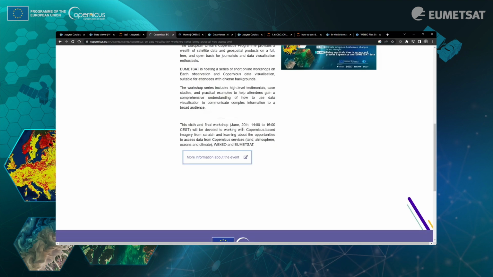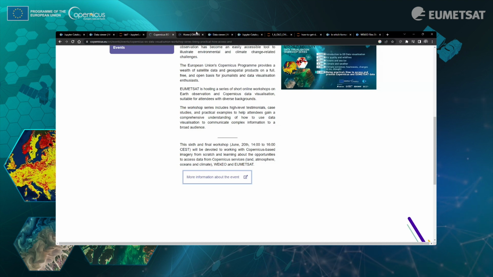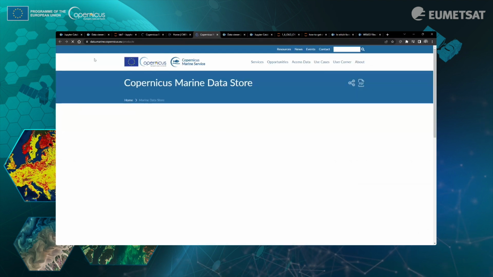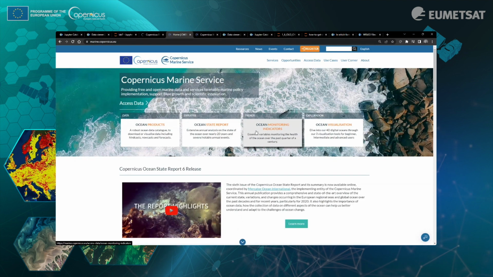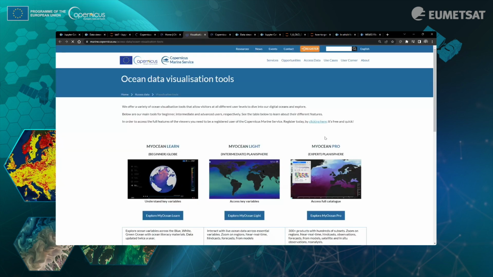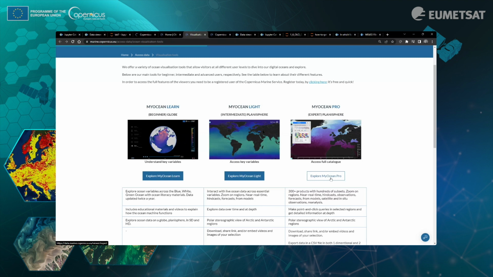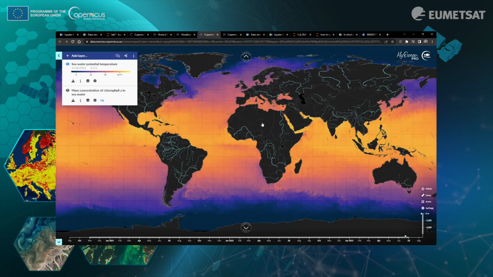Okay, so quickly, it was a demonstration on the WEkEO platform, and I would like also to show you the Copernicus private service with also different kind of products available focused on marine data. We have different tools to visualize the data, and a very powerful tool for media can be the MyOcean Pro viewer, because thanks to that, I will be very quick on that. I engaged you to come and play with all the data.